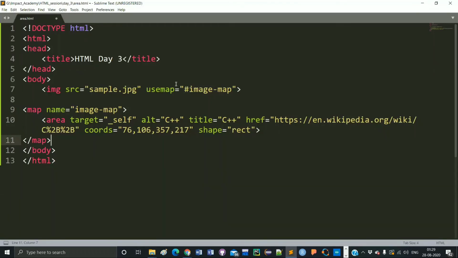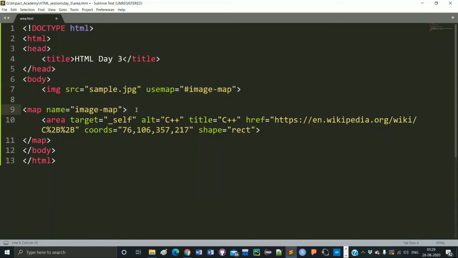Whatever value you have written inside usemap preceded by a hashtag, you have to write that attribute value inside the name attribute of the map. This must be equal, otherwise your image map will not work.